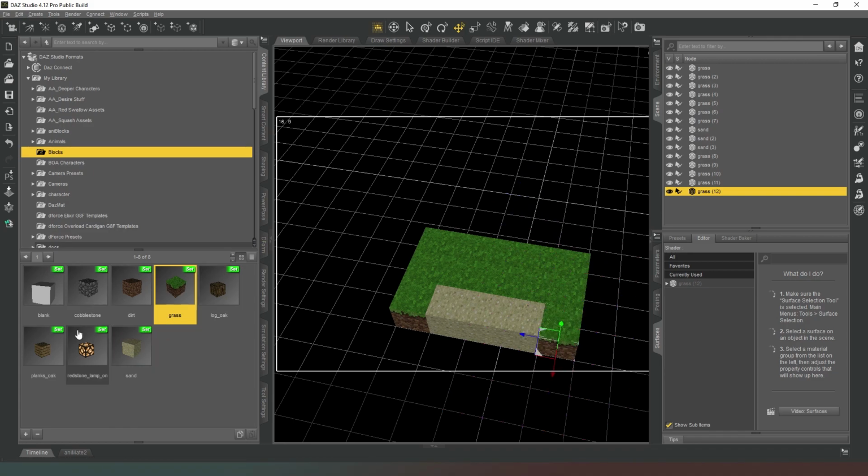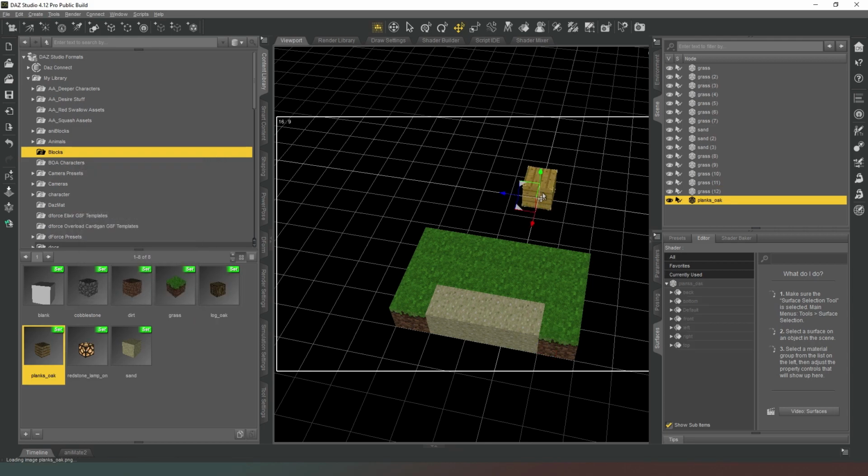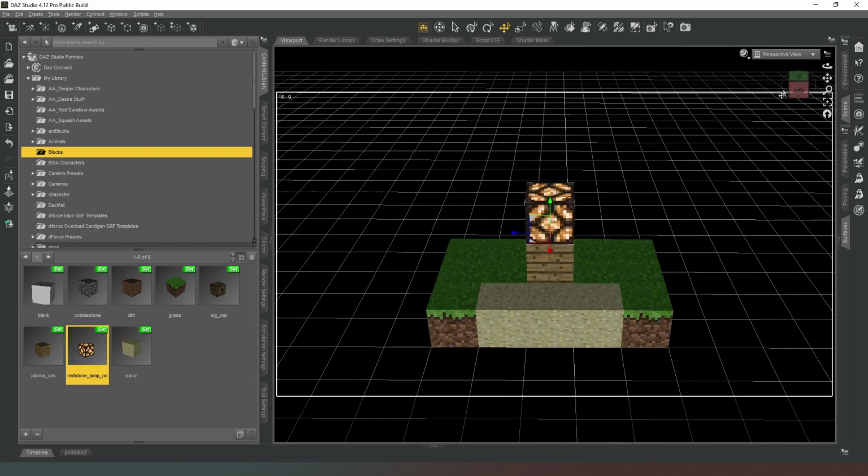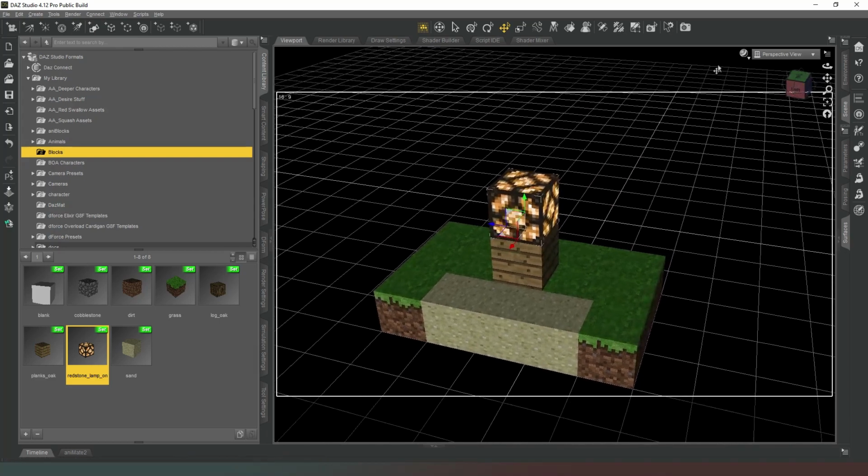And then I'm going to create one planks. Going to drag that into here, and then I'm going to pull that up. And I'm going to put a redstone lamp above that, like so. And then if we go into NVIDIA iRay mode,